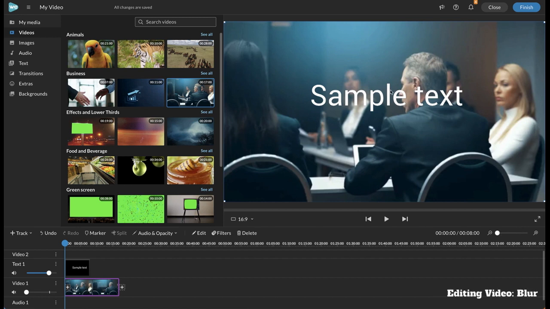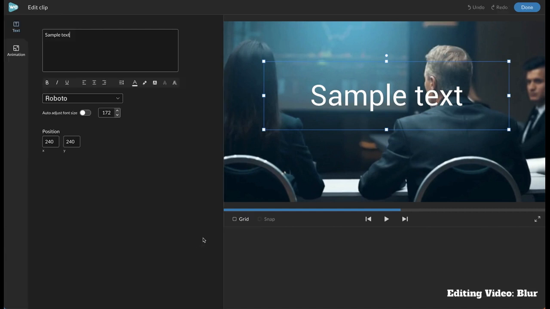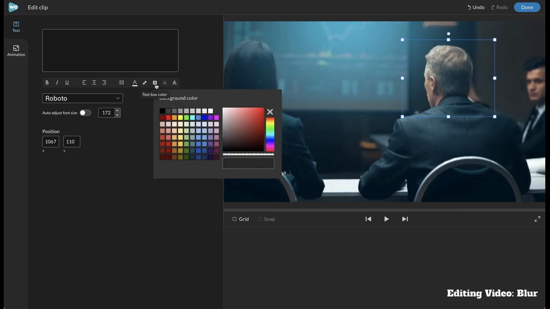If you happen to need to blur out a person's face or to blur out writing, pull a text box down on top of the part of the clip that you need to blur. So we're going to work on this text box here. I'm going to get rid of the words completely, and then I'm just going to adjust the size of the text box to the area that I need to blur. And what I'm going to do is then choose a background text box color, and I'm going to make it very light. I'm going to change the opacity so that it's almost see-through,